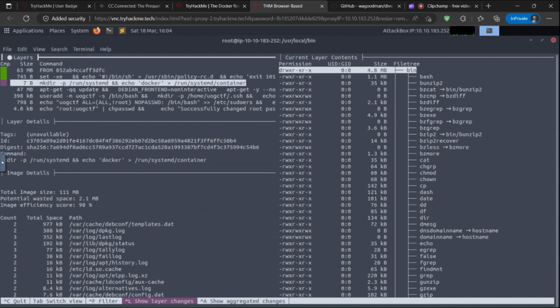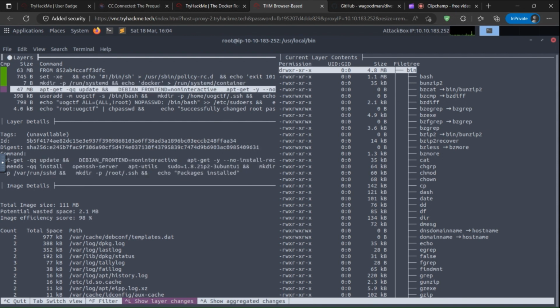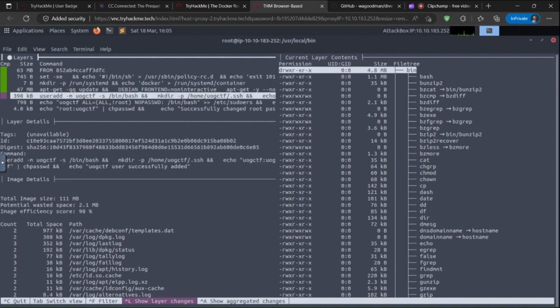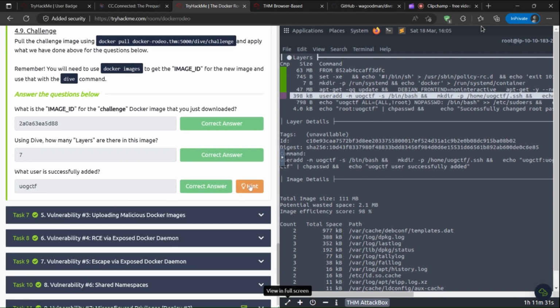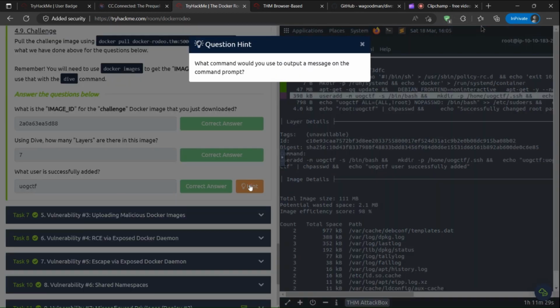Run username would be, okay, here it is, user add, and this is the name. Okay, let's switch back. Yeah, that's the name. What's the hint? What command would you use to output a message on the command prompt? Okay,